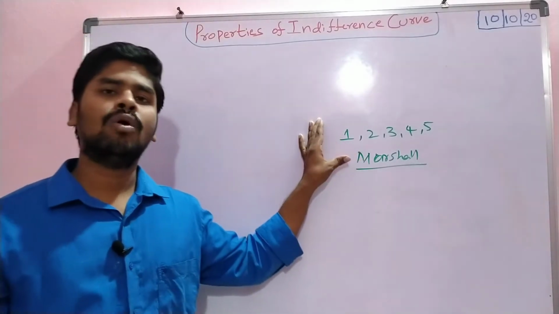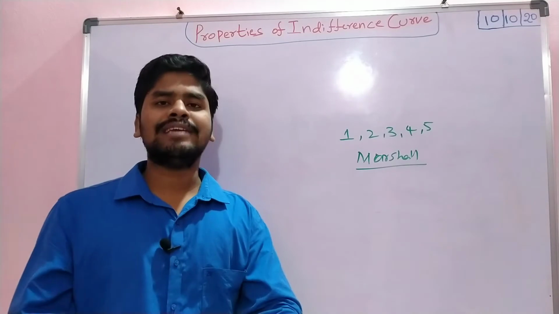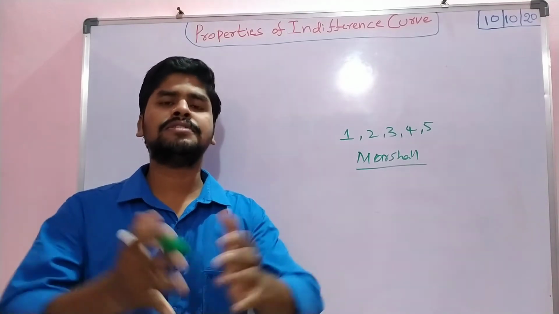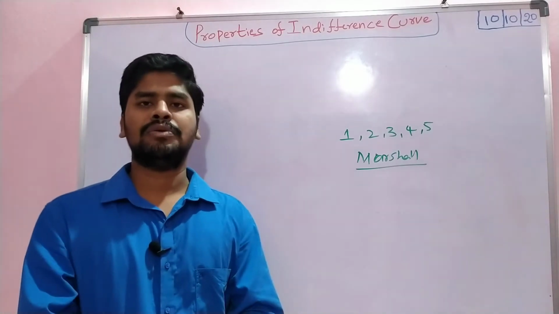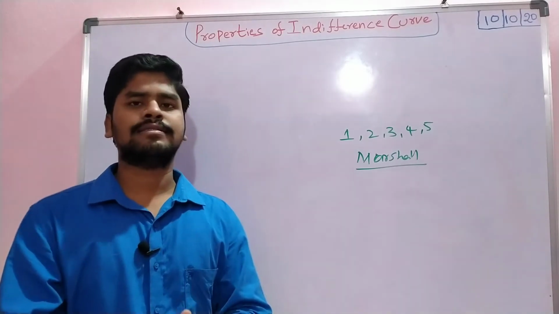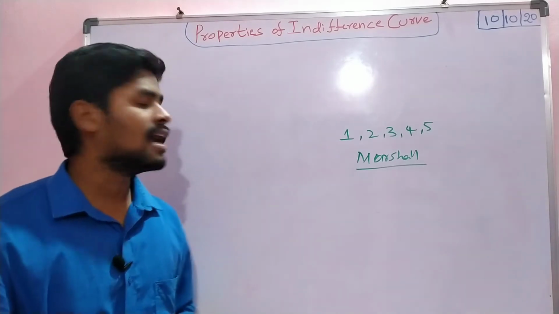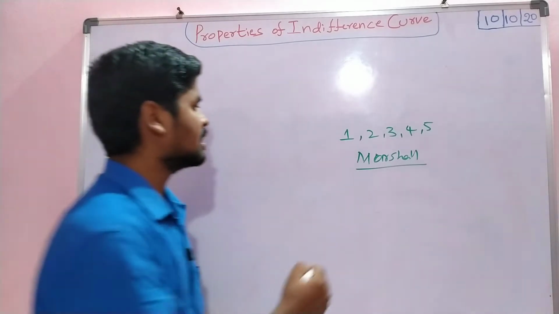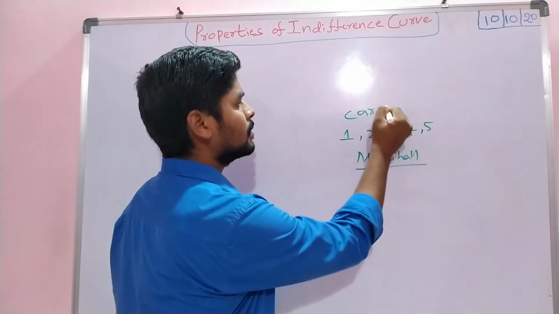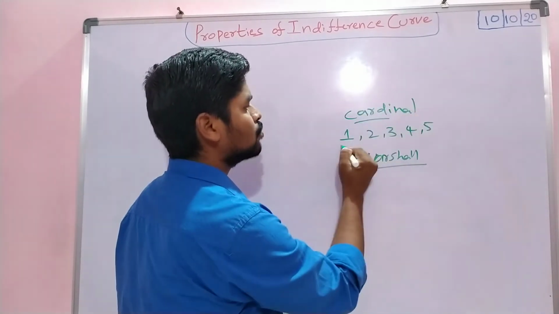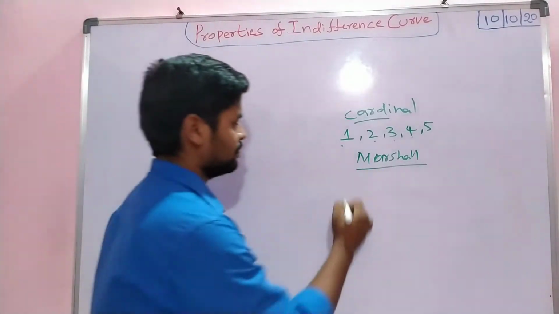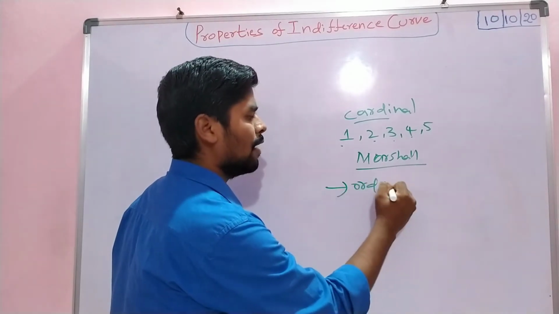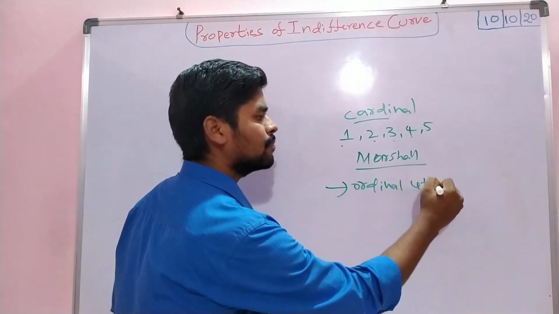Coming to the ordinal approach, in the real world a consumer cannot count his satisfaction in numbers, which is not possible in practice. So the ordinal utility analysis was developed by J.R. Hicks and Allen. In cardinal utility, we can count our satisfaction in terms of numbers 1, 2, 3, 4, 5. And coming to ordinal utility,